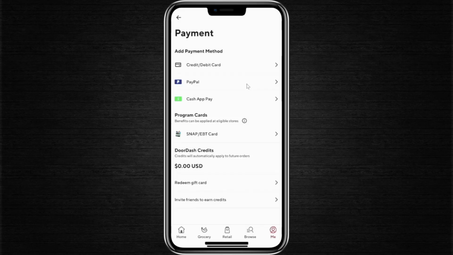Now you'll be directed to the payment screen. From the available options, select Cash App Pay. This will open a window where you need to enter your Cash App details. Once you confirm your information, the payment will be processed directly through Cash App and your order will be placed